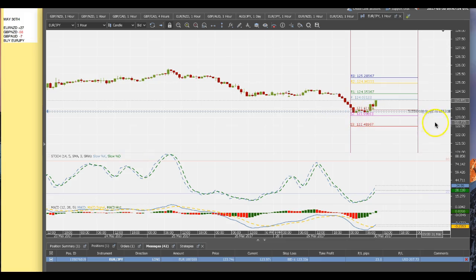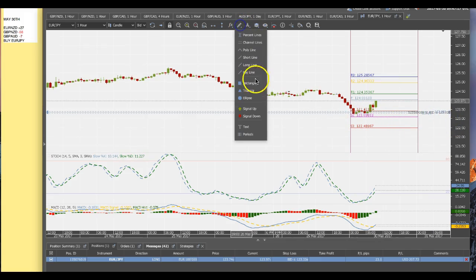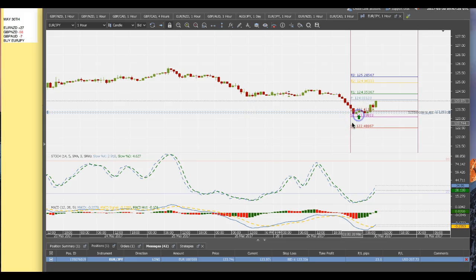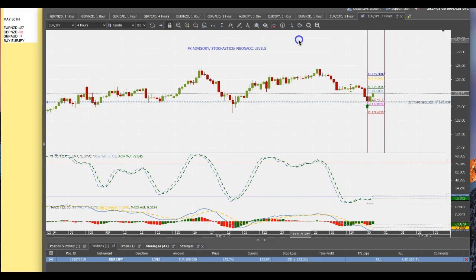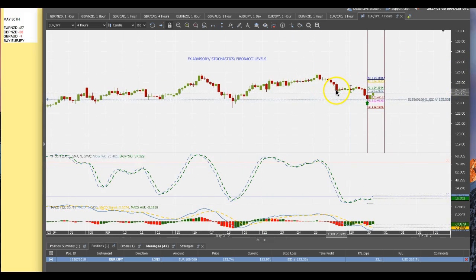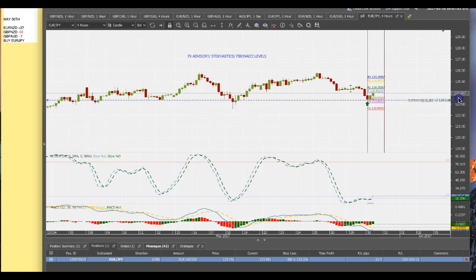So the first signal generated for today on this currency pair was down here. And I want to know why this signal is generated. And I noticed too that stochastics is oversold when that signal was generated. So I'm going to go to the 4-hour chart, and I noticed that the market sold off, and then we had a support level, then it sold off again. And notice that it sold off all the way to the previous resistance level, and here we have one level